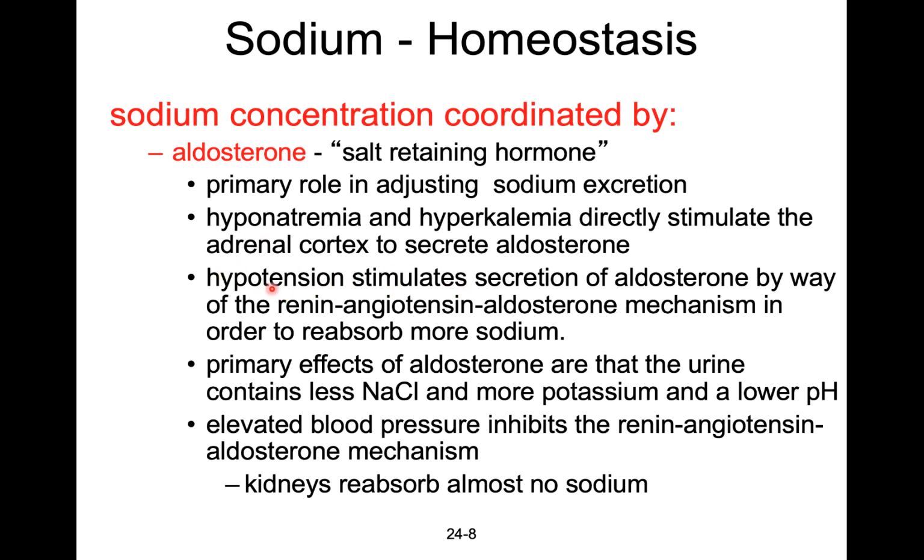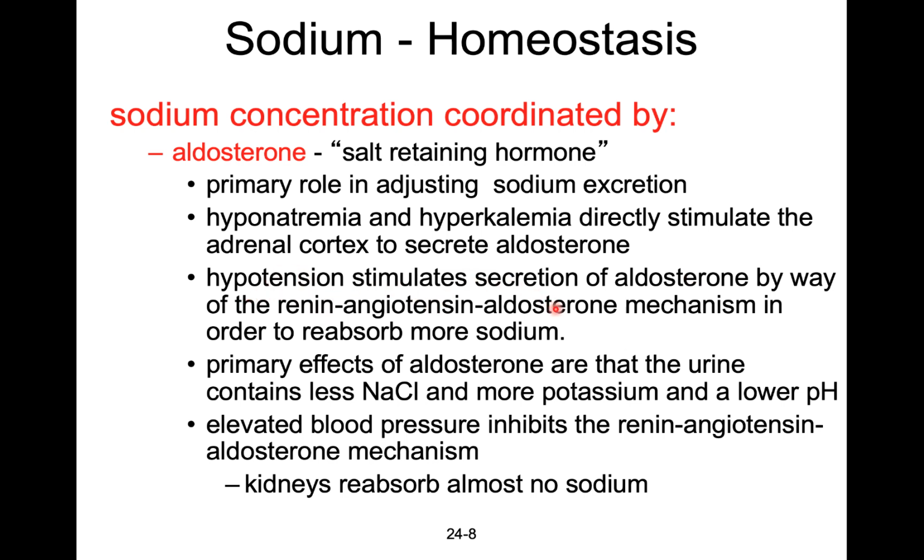Then you have hypotension, low blood pressure, or low pressure of blood in the blood vessels. This is also going to stimulate production of aldosterone. The whole key behind this is, if you have low blood pressure, why don't we make aldosterone to reabsorb sodium and therefore reabsorb water, bringing blood volume back up, causing blood pressure to also rise back up to normal. Not only does hypotension stimulate aldosterone production, but it does it by triggering the